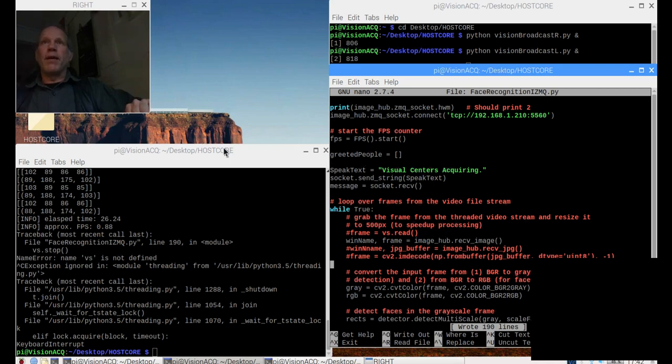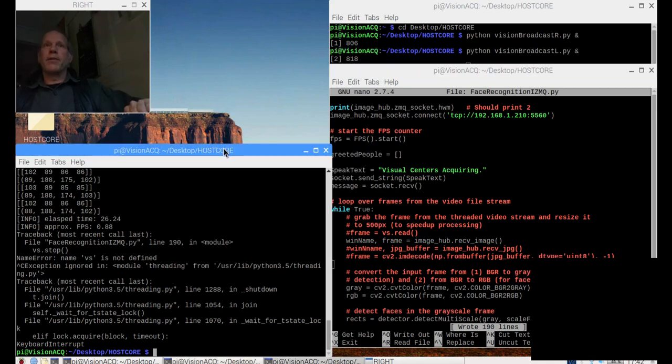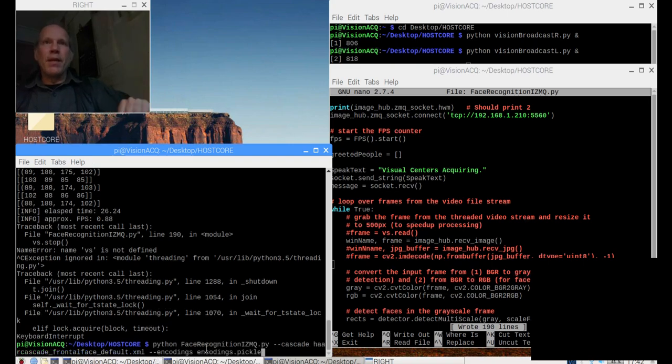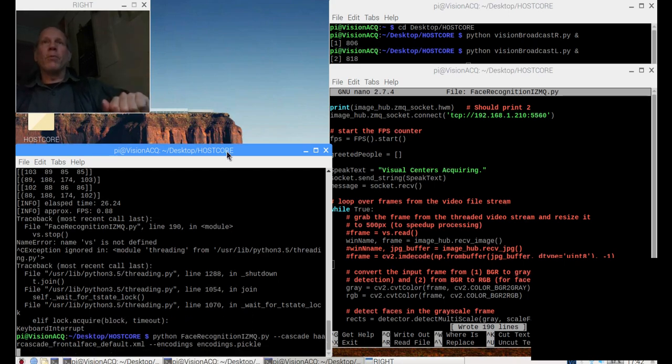So, save a lot of time and everything else. I am going to simply run that script again. Make sure that I get my .pickle on the end there. There we go. Unfortunately, unless this works differently than it did in the last 3 times that I tested it, it's going to load the hard cascades and the encodings,